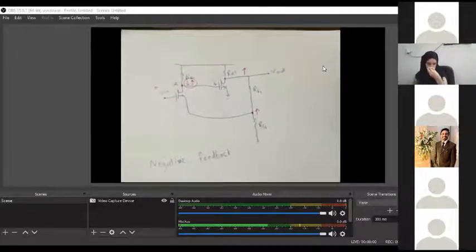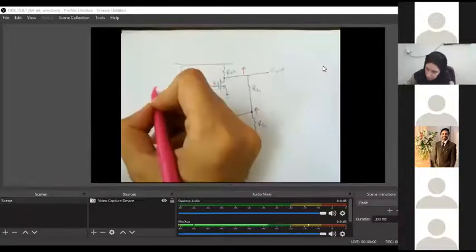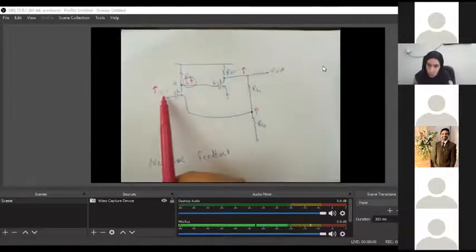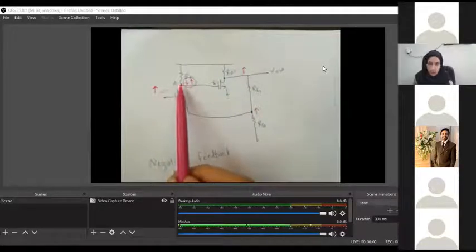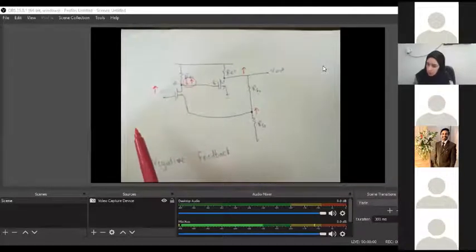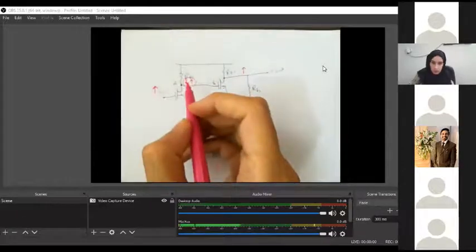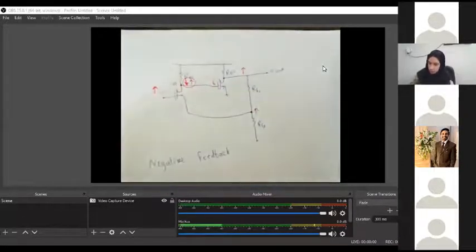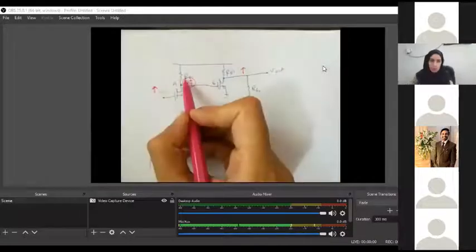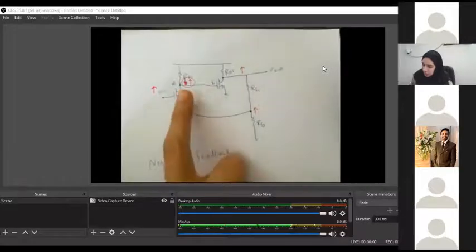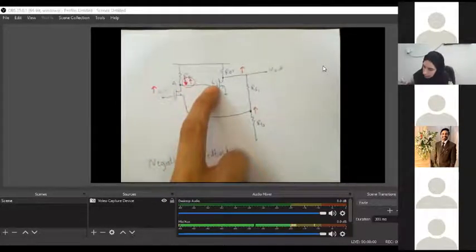Now again, we're going to assume that the input is going up direction, means that we are increasing our input. Okay, now going from Vn to node A is again a common source case. Yes, so increasing Vn will cause, in the pink line here, I should have used another color, it goes down because again it's a common source case. Okay, now this node goes down, it's also coming here down,